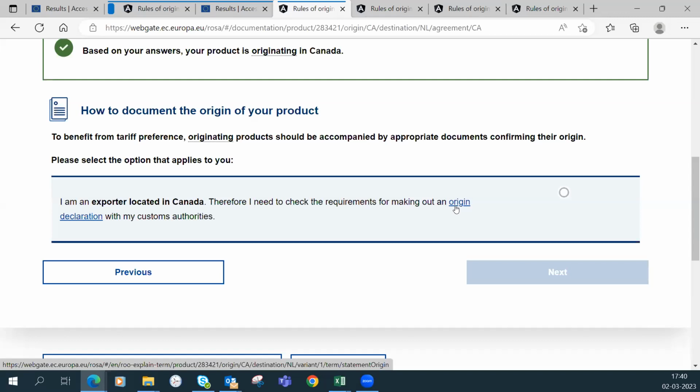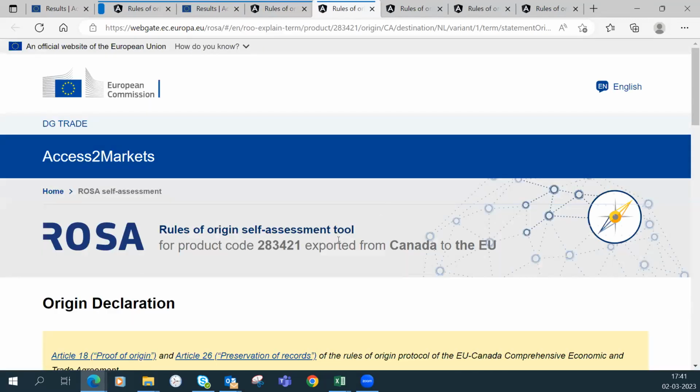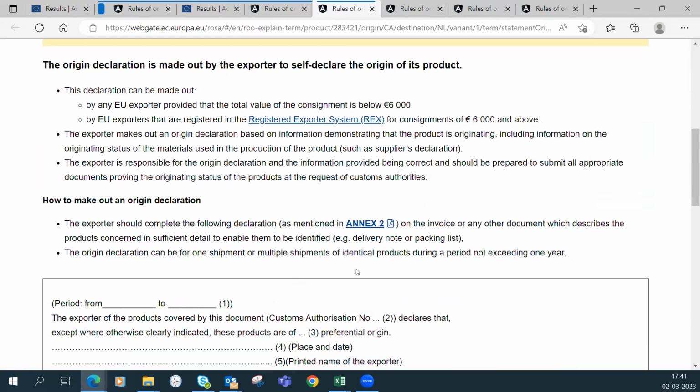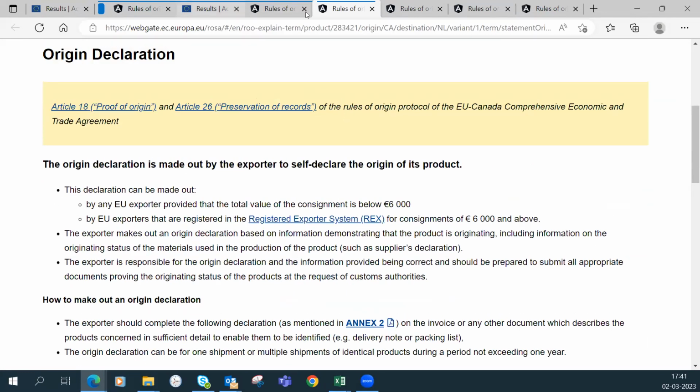We just discussed that in the past, but in Canada, the conditions are a little bit different. And there you need to check what the conditions are to be allowed to make an origin declaration. But anyway, for the origin declaration, you have the fiche, you have the explanation of how to fulfill them. So indeed, for the EU exporter, you need to be registered. For a Canadian exporter, you need to check with the customs authority.